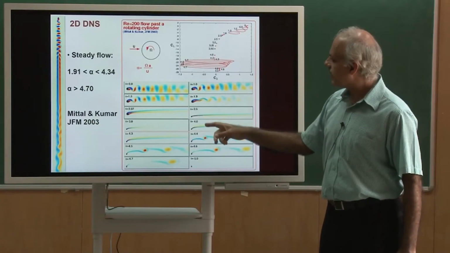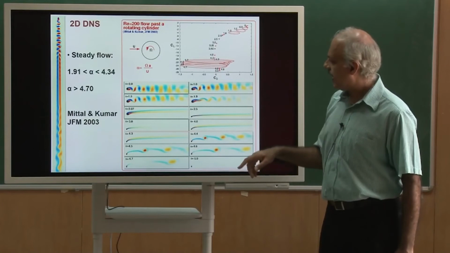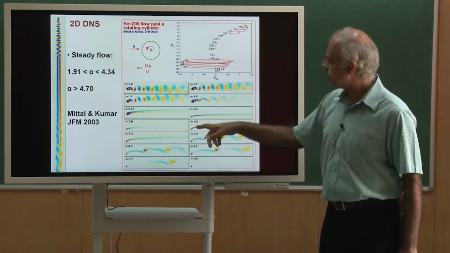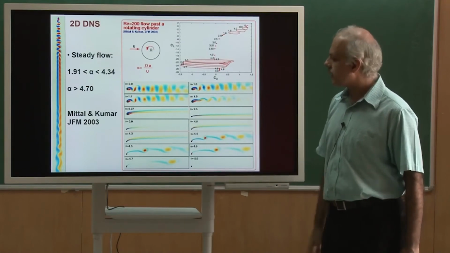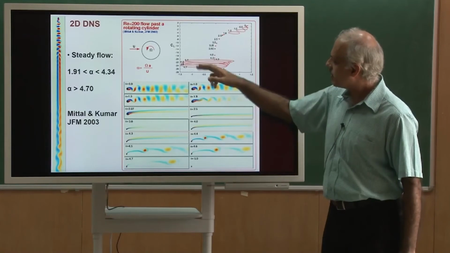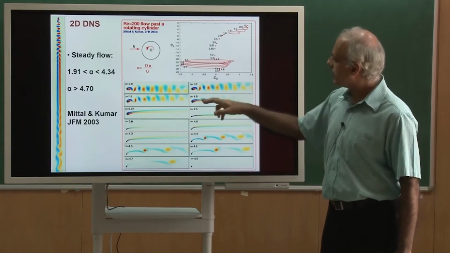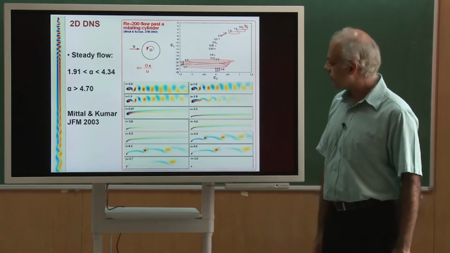As you increase alpha, this vorticity kind of wraps around the cylinder, and you would see that after some time, especially at alpha equal to 4, the red vorticity comes at the top and the blue vorticity at the bottom. So in fact this vorticity, because of the rotation of the cylinder, it is a viscous flow now, wraps around it. So the blue one goes below and the red one comes on the top.